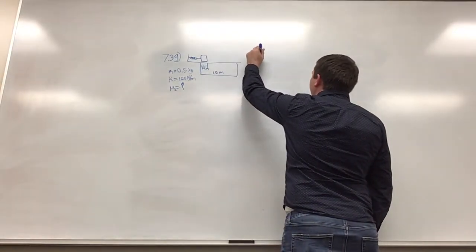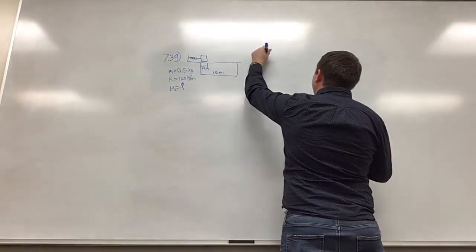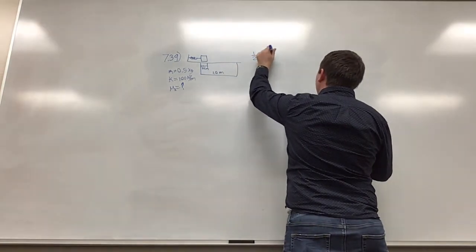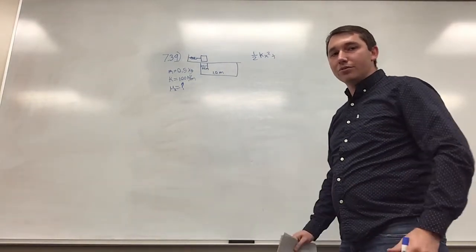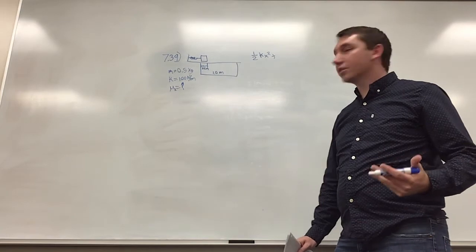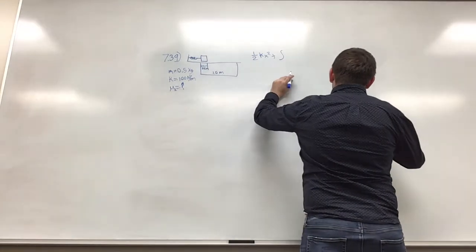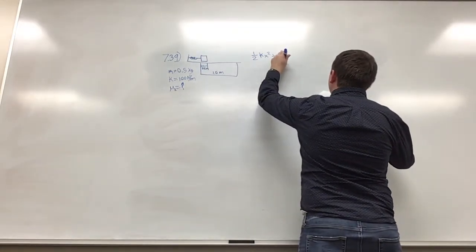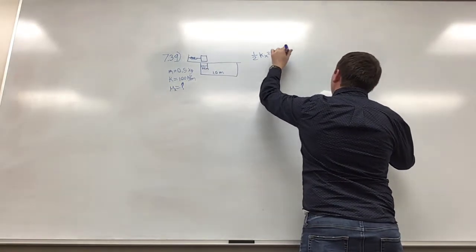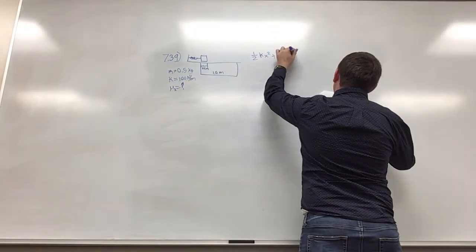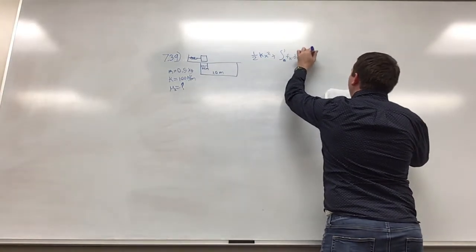So it's going to be 1/2 K times the distance that it's compressed squared, plus, and then we also know that there's a frictional force because we're looking for the coefficient of friction, and we know that friction is a non-conservative force, so that's going to be the integral over the distance that the block has traveled, from 0 to 1 meters, of the force of kinetic friction times dx,